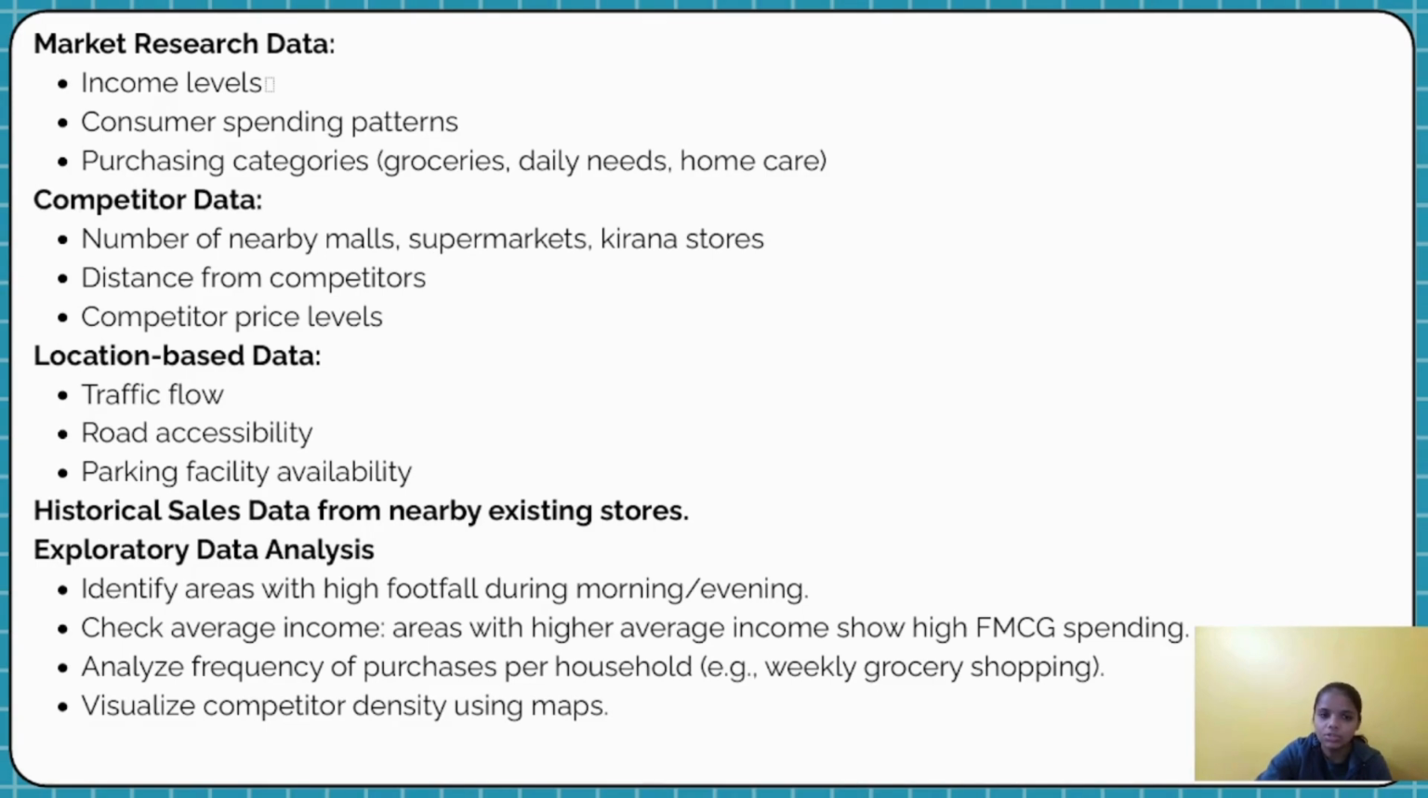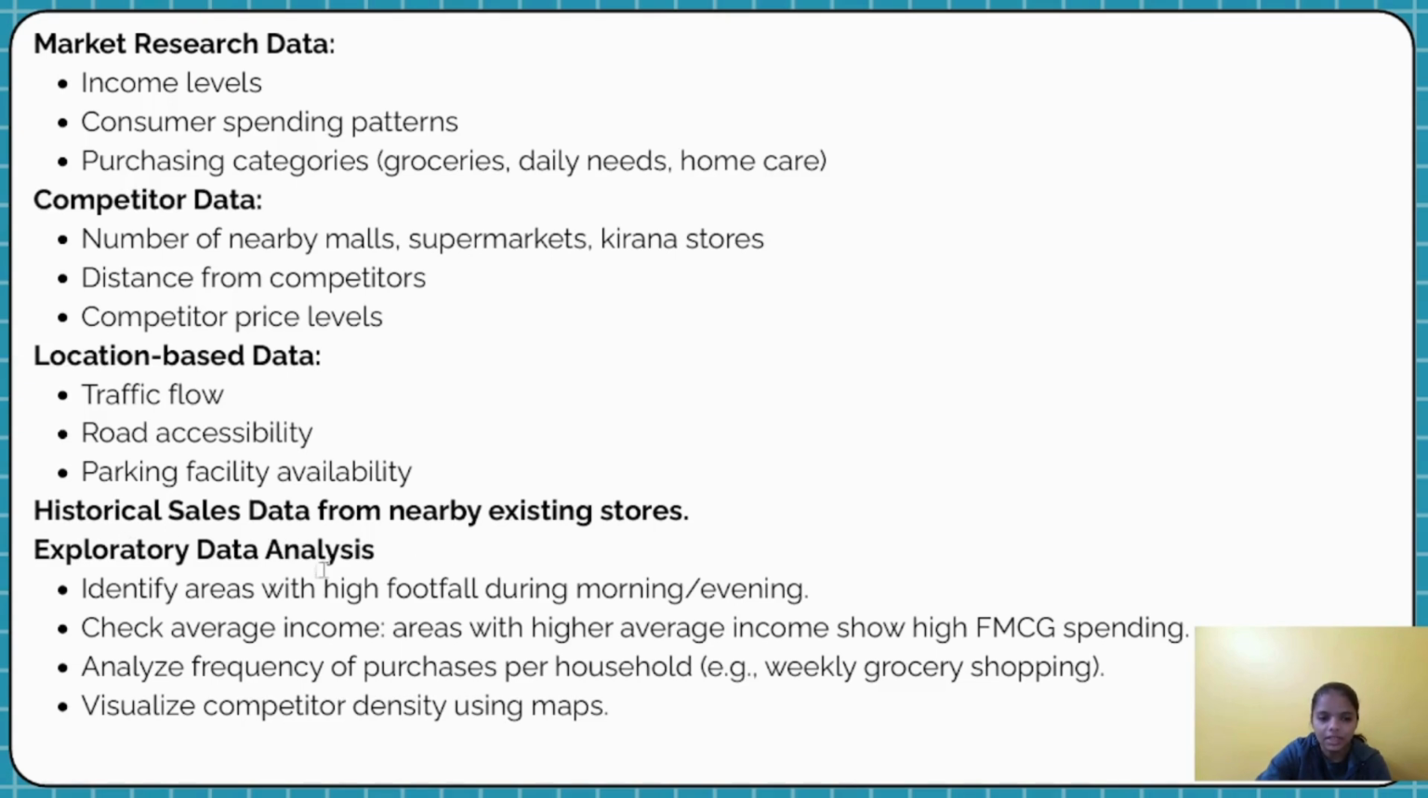And the location: whether our mart is in a traffic area, the road accessibility, or whether we have parking space, so a person can easily come and purchase the products. These all factors matter to purchase a product from a specific location. Historical sales data from nearby existing stores,